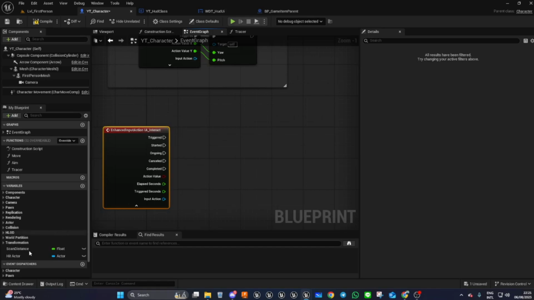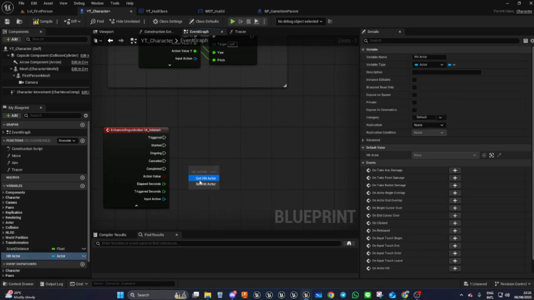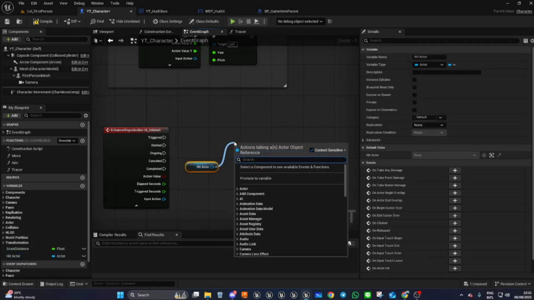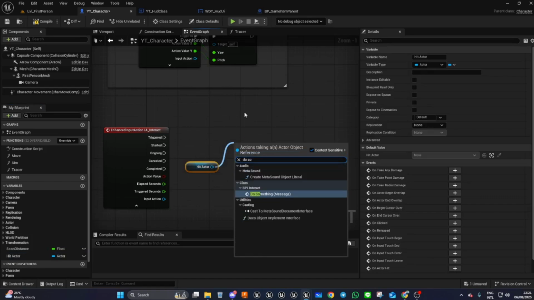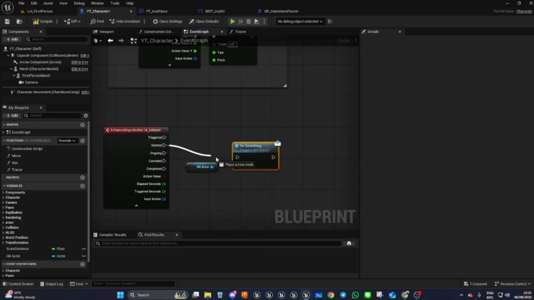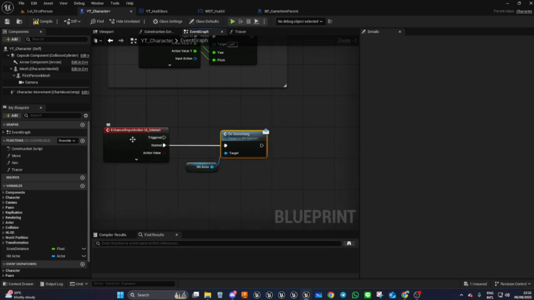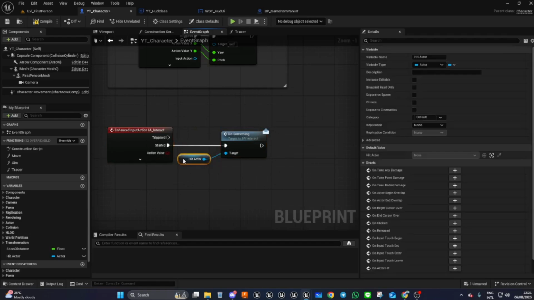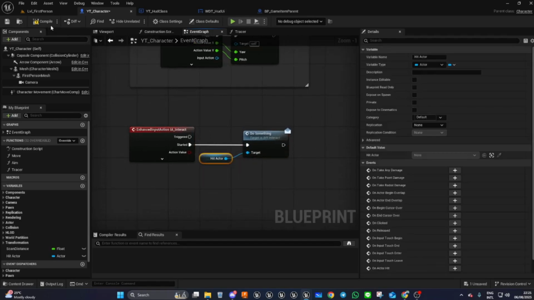Yes. All we need to do is get a hit actor and do something message. Do it on Started, not Triggered, so it only does it once. And that should be it. Let's give it a try. If I hit play,